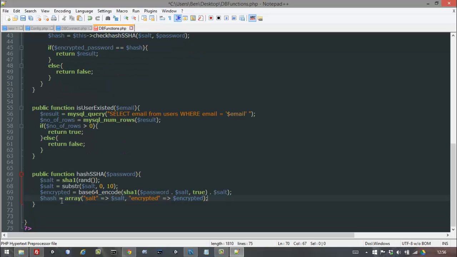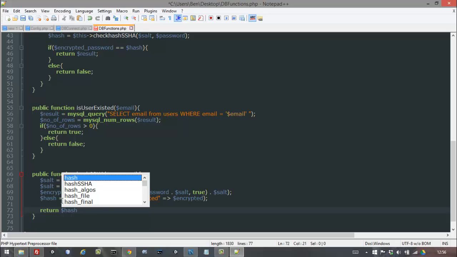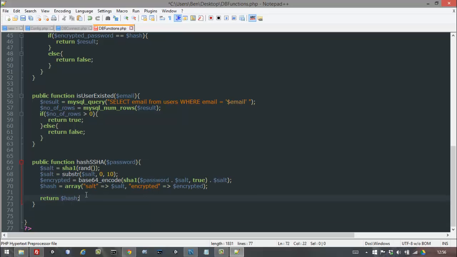And then after that you're just going to say return $hash, okay,